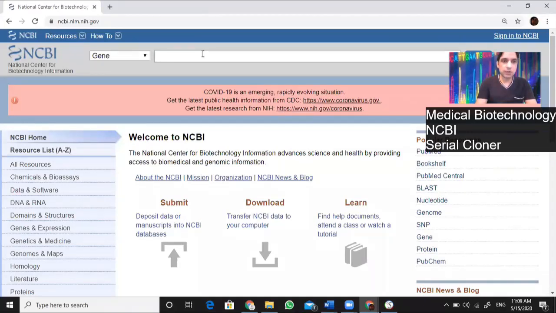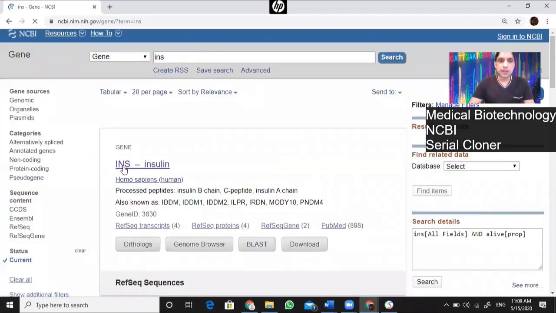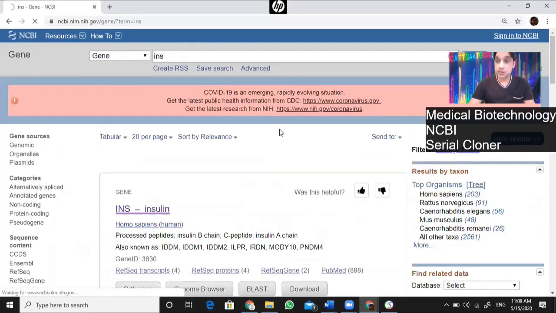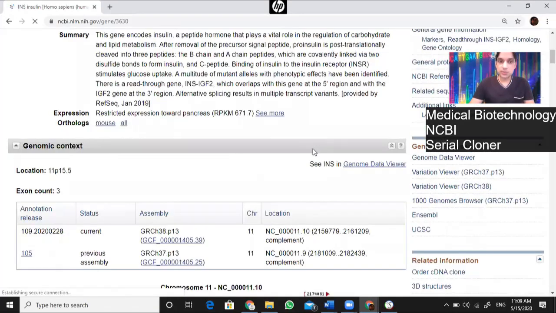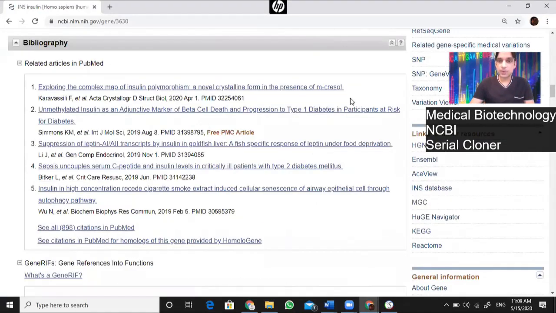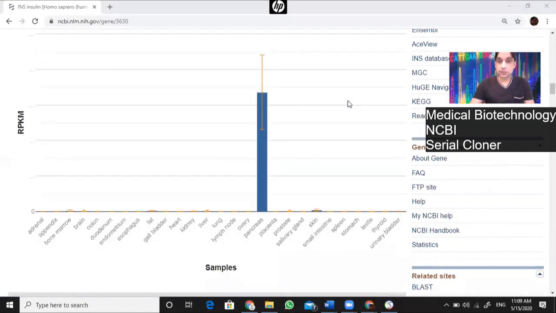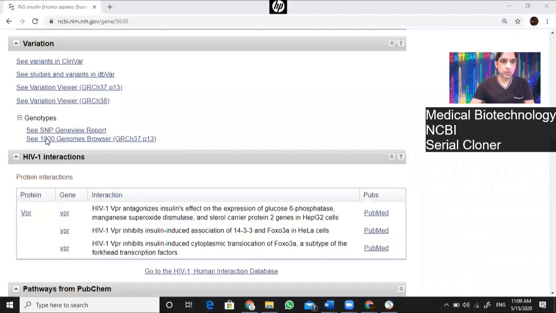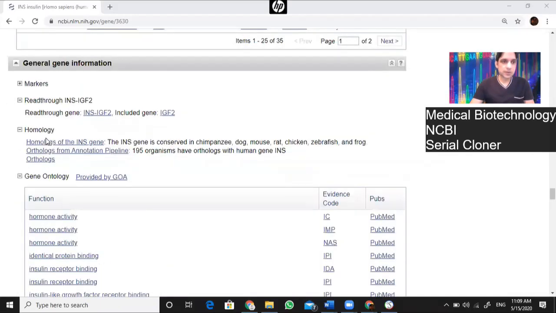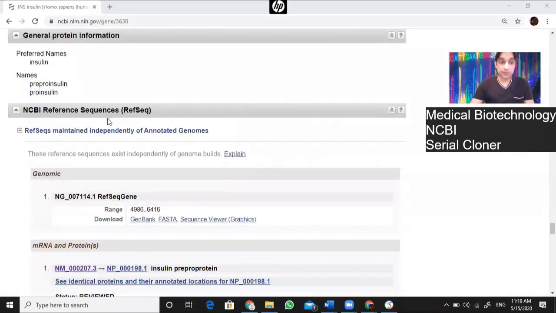Okay, and then somebody recommended the insulin gene, and the symbol is, I believe, INS. And then we go directly to the insulin gene page organized by the NCBI people. I explained to you the things on the first page, different important components, about the papers, and then I asked you to stop at the RefSeq, NCBI Reference Sequence. And then I explained to you about the transcripts. And then we selected one particular transcript, this one,